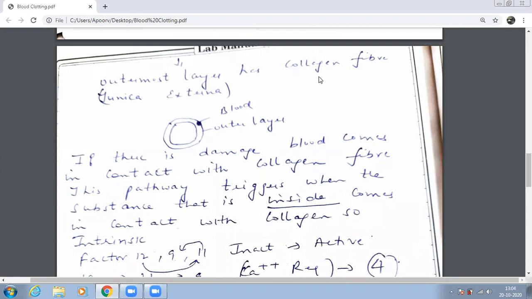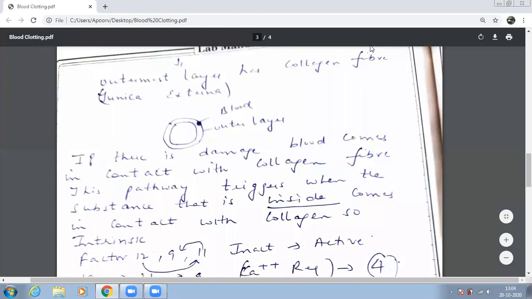Normally, when I say blood vessels, I mean arteries and veins. When your blood is flowing in arteries and veins, it is in contact with the innermost layer, beta, the tunica intima. This layer is a very special layer because it gives frictionless movement to the blood. There is no friction for the flow of blood in this layer. Clear? And the outermost layer is not meant for movement of the blood, beta.